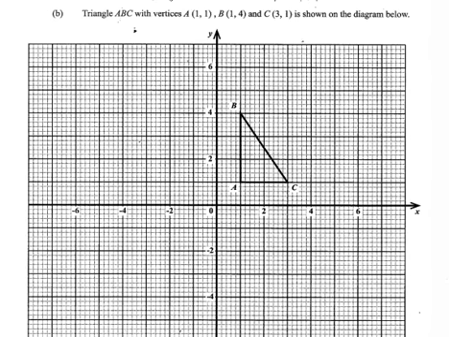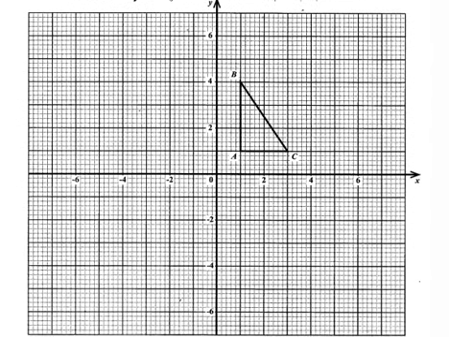Now, the first thing we're asked to do with this, we're told, is that triangle ABC is mapped onto triangle LMN by reflecting in the x-axis followed by a reflection in the y-axis. So on the diagram, draw and label triangle LMN. All right. In an instance like this, I think the best thing to do is to literally do the two reflections. So we're asked first to reflect